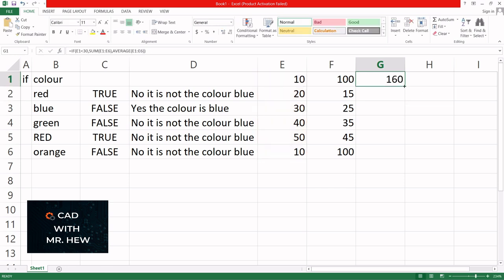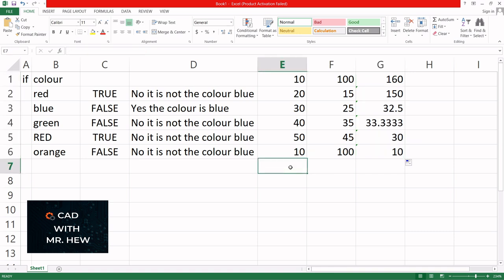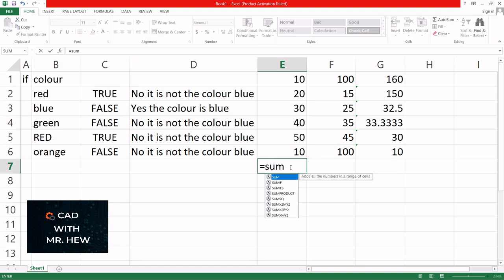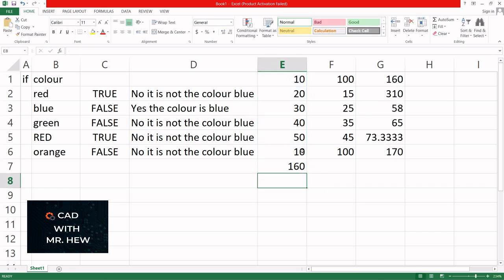All right. So what we're going to do now is copy it down. All right. So here 10 is less than 30. So we get the sum. So what we're going to do then is sum here to check it. So we're going to write equals sum, open bracket, close bracket, enter. All right, there's 160. All right, let us do